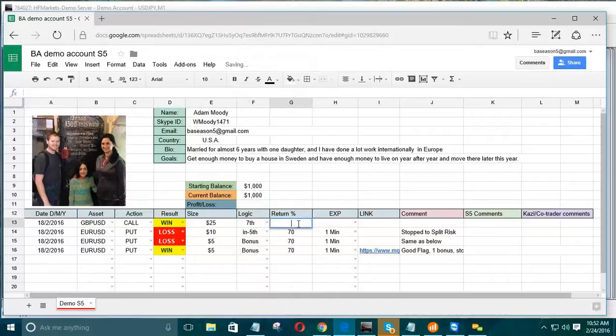Okay, what that shows us is that you are able to recover any losing cycles. Okay, and that's why we want you to put trades like this, so we can actually see